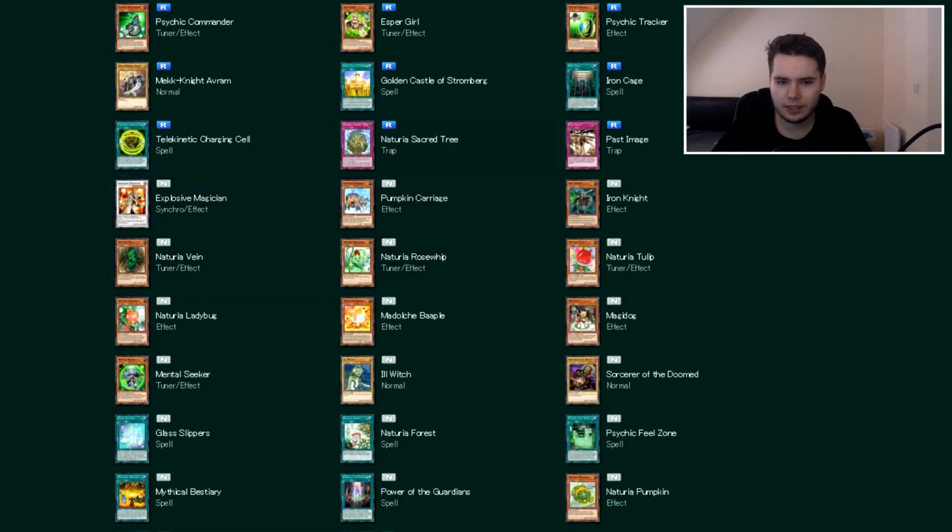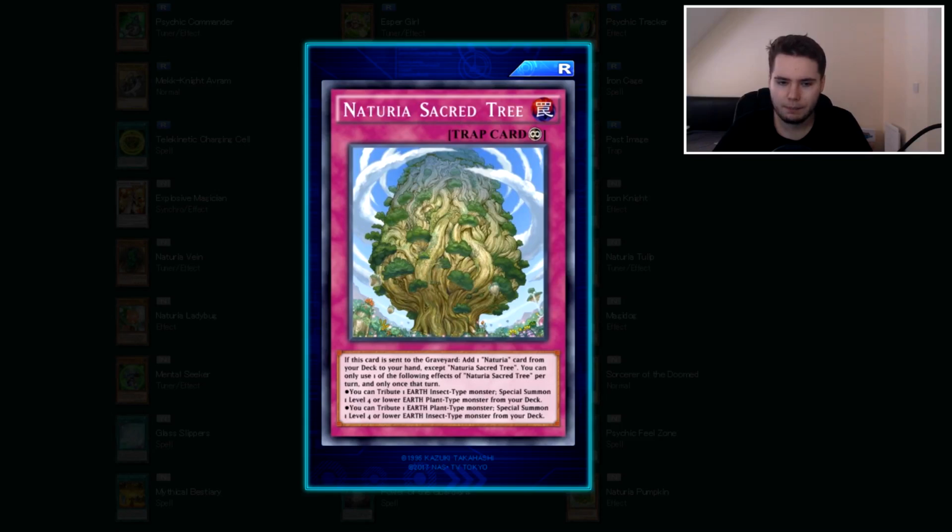Low-key, one of the best cards in the set I think is Naturia Sacred Tree. This doesn't need to be used with Naturia, so first of all, it's a continuous trap. If this card is sent to the graveyard, add one Naturia card from your deck to your hand except itself, which is really good, and then you can only use one of the following effects once per turn, and only once that turn. So you can tribute an Earth Insect to special summon a level 4 or lower Earth Plant from your deck, or vice versa,